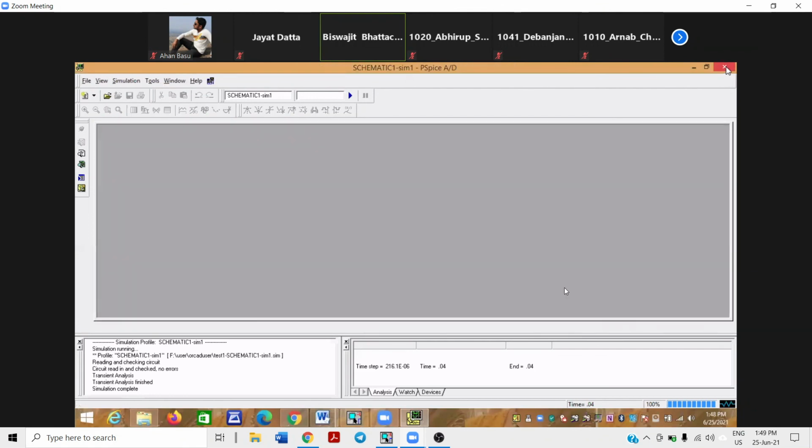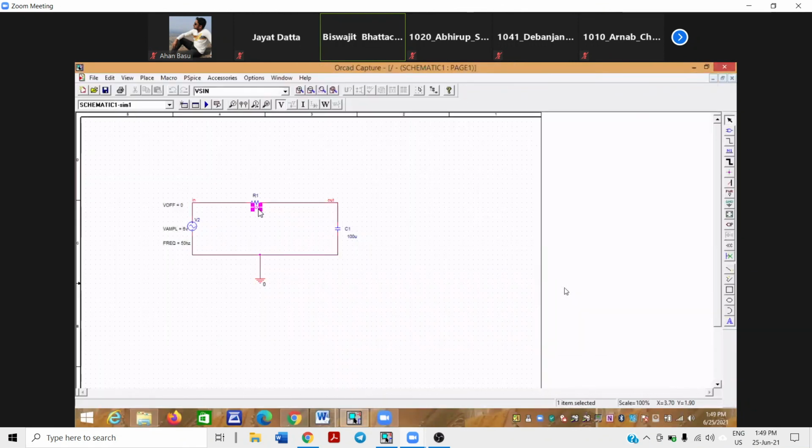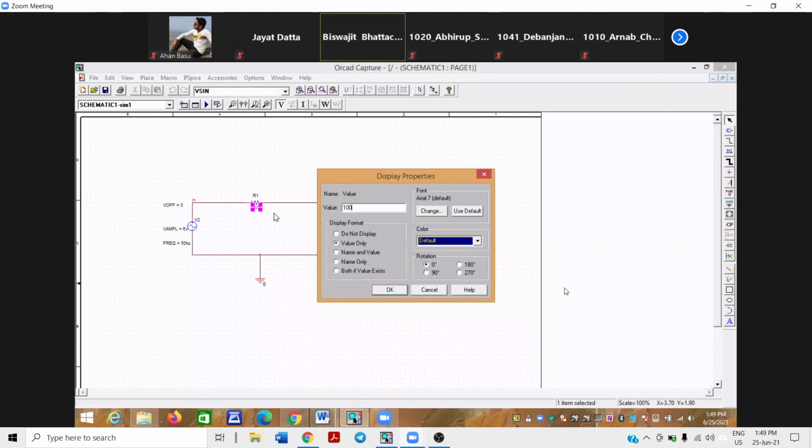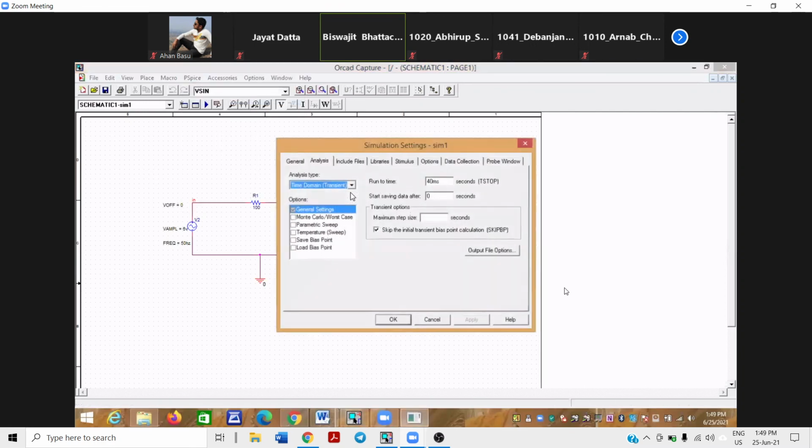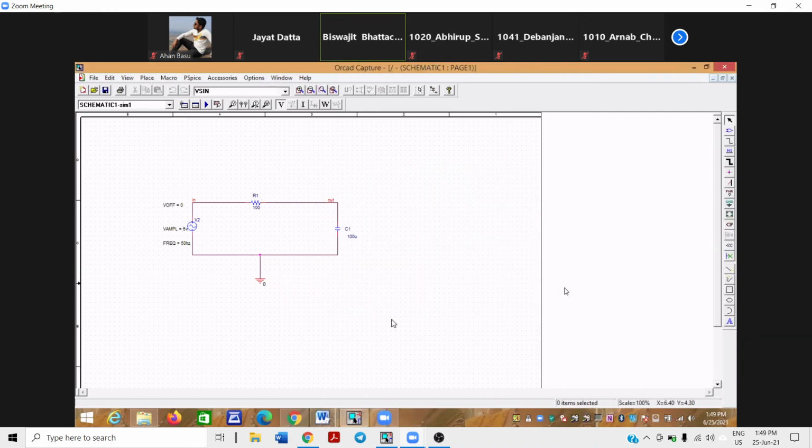So we do two things. First, we reduce the value of resistance so that our output voltage will be somewhat higher. Second thing, we just let the transient response die down, say from 60 millisecond to 100 millisecond. There are 2 cycles, 60 to 100 millisecond, that is 40 millisecond, 2 cycles. We hope that within the first 60 millisecond, all the transient will die down. We don't know, we are just hoping. Click.